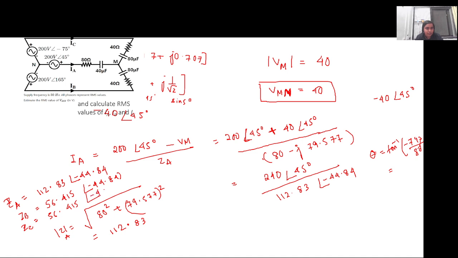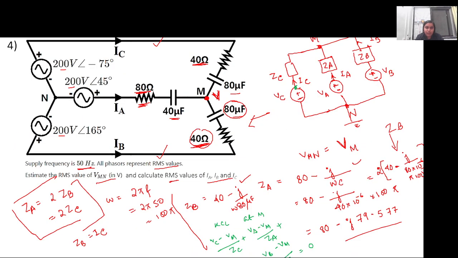Right? This you are getting. So ZA, ZB and ZC you can calculate accordingly. So now IA will be equal to 240 divided by 112.83, so this is 2.1269. Since in the question the angle is not asked, only the RMS value of IA, IB and IC is